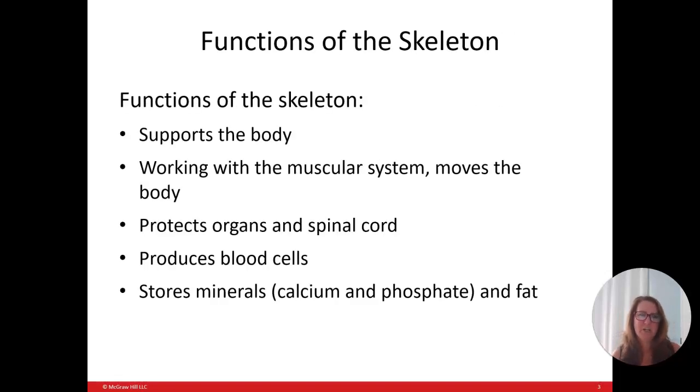Okay, so looking at the function of the skeleton, you already know that it supports the body and that it works with the muscular system, so it's moving the body. So let's take a little deeper dive. Let's think about the skull. We have the cranium covering our brain, pretty significant. If you've ever had a TBI, or if you were a football player or a soccer player, and I'm thinking about soccer and the World Cup and doing lots of headers, you better have some protection for that brain, right? It jiggling inside of the cranium can certainly give you a TBI. So let's think about the cranium protecting our brain,